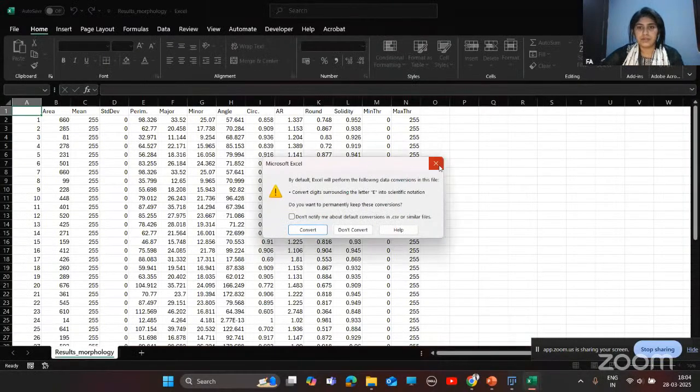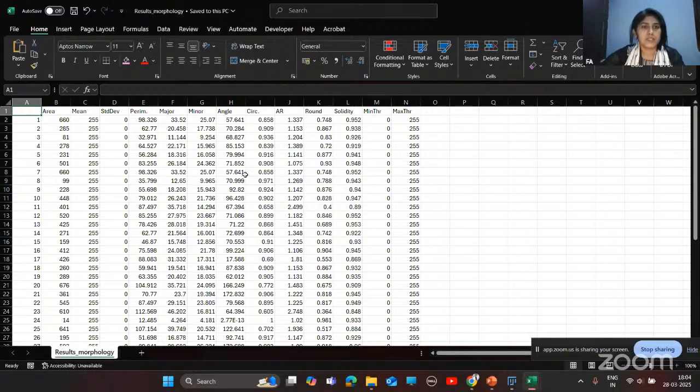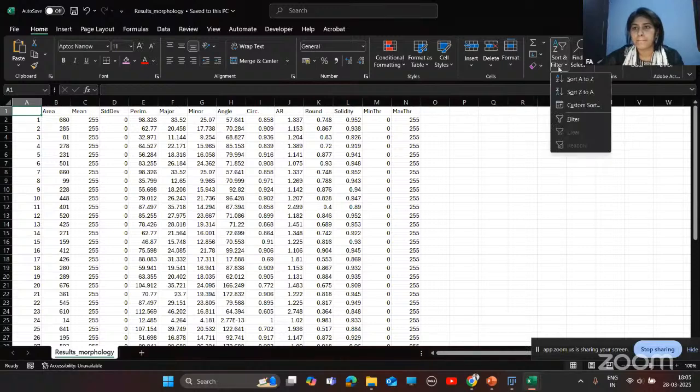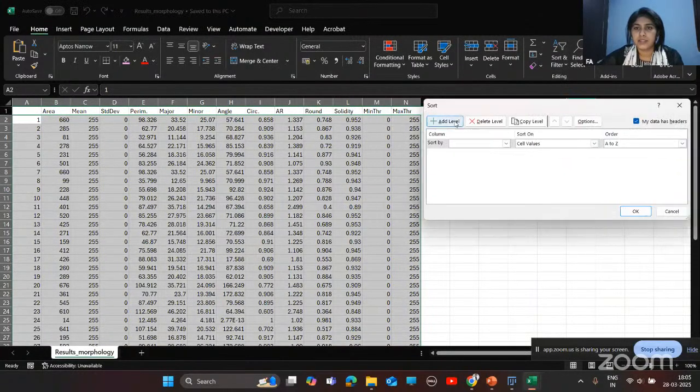So here we are having all those values, and what we want to do here is differentiate all those cells based on their circularity and roundness. For this, we need to do some custom sorting. From here, we'll select custom sort and add these levels.